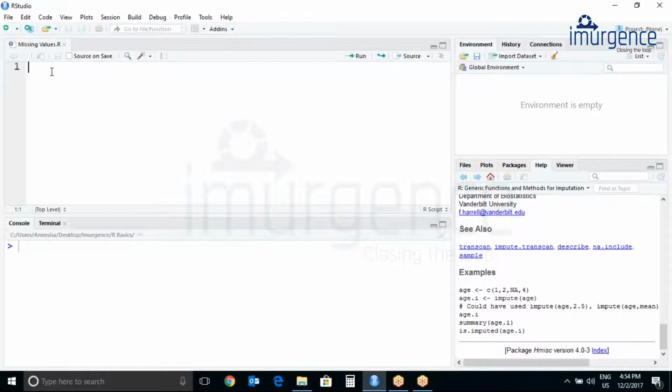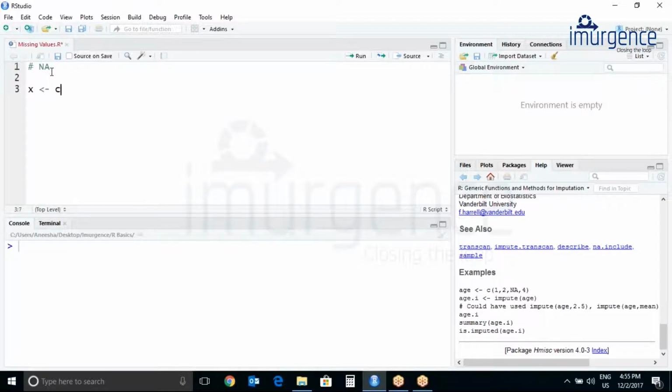So R has a value that explicitly indicates a sample is not available, which we call NA. And many functions that work with vectors treat these values specially. So let's start with this.